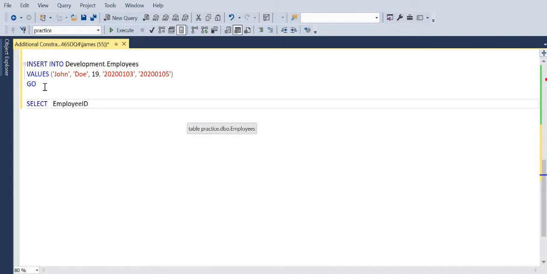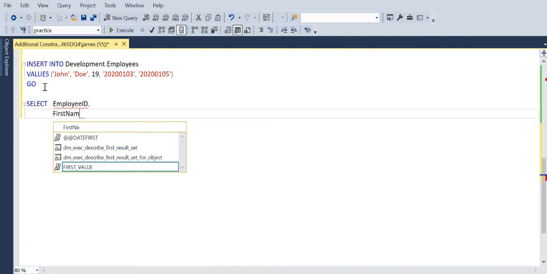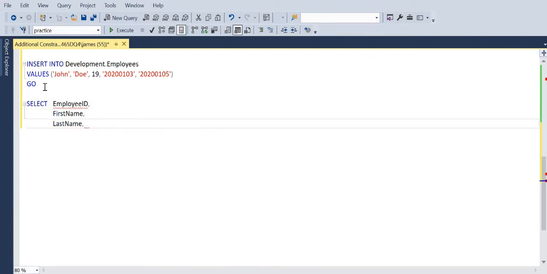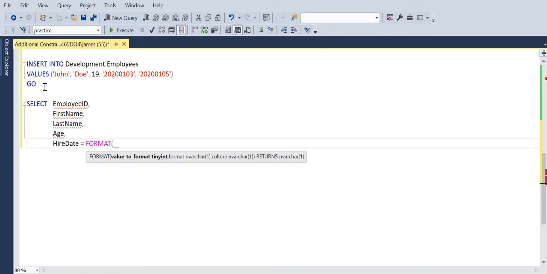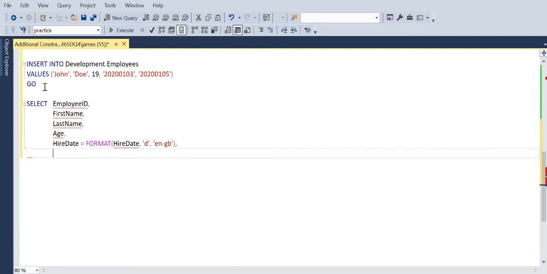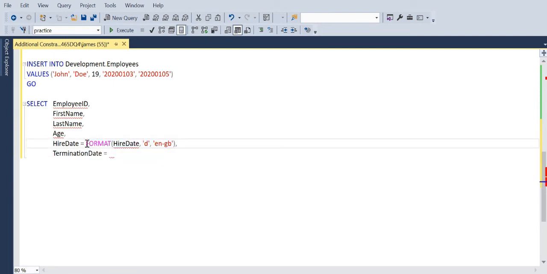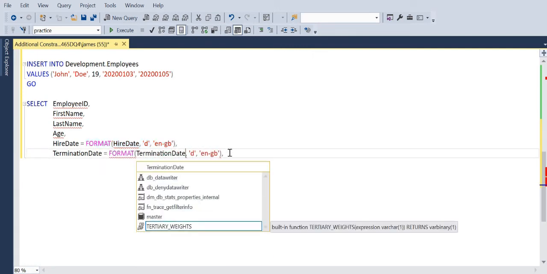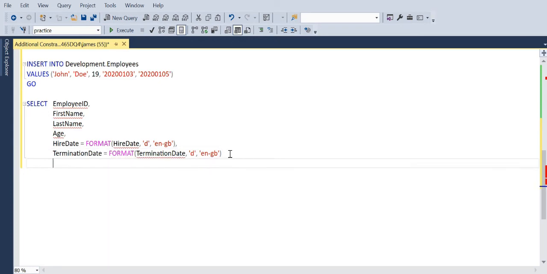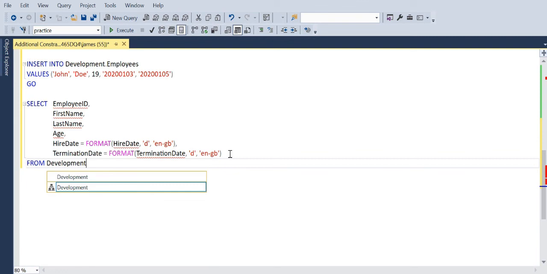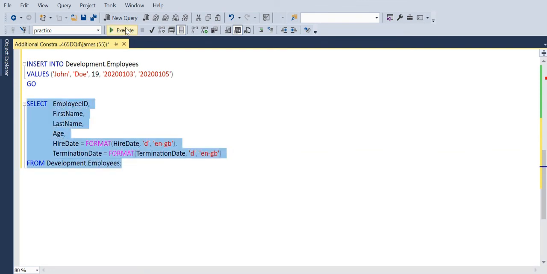So we'll quickly query this table as we round off with, of course, our employee ID that's auto-generated from our identity column. We've got first name, last name, age, and I will just quickly format the hire date with the Great British culture so that I get days, months, and years separated by a slash. And I'll do the same for termination date. We'll just need to copy and paste that format function there, and we can specify that it's coming from our development.employees table. Get rid of the comma, and when we execute this,